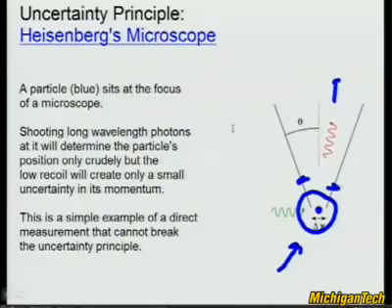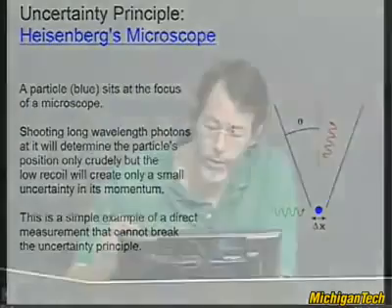So that's Heisenberg's microscope. It's a fundamental way of thinking about measuring something, and it shows that if you try to do a very simple measurement technique, last time I talked about single slit, if you just try to illuminate an object with a photon, you can't beat the uncertainty principle that way. And in fact, in that case, it almost defines the uncertainty principle.